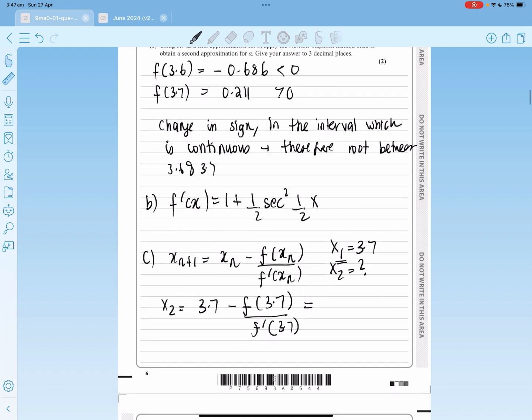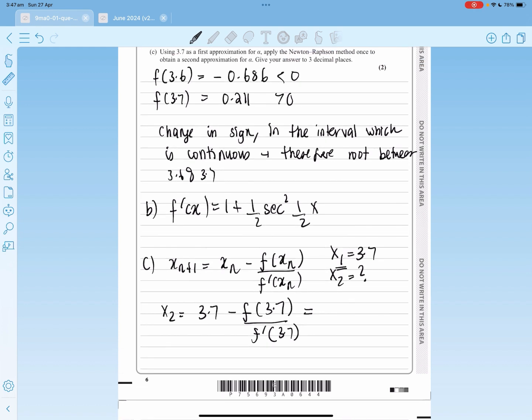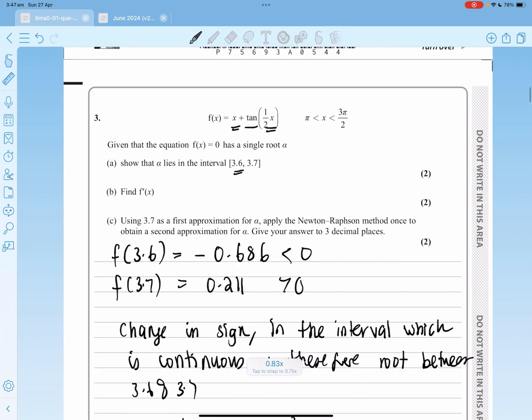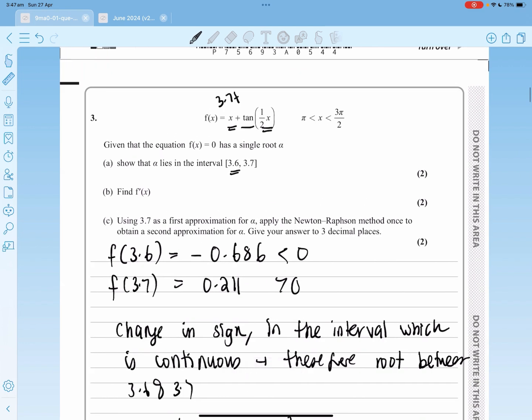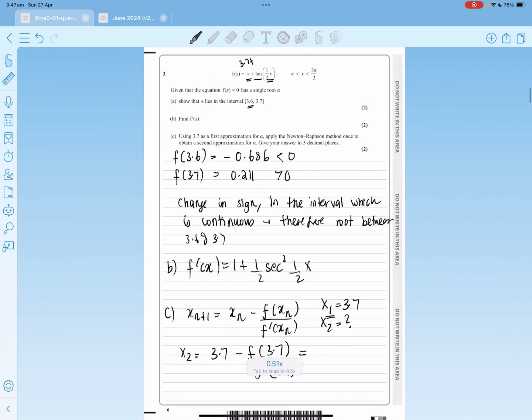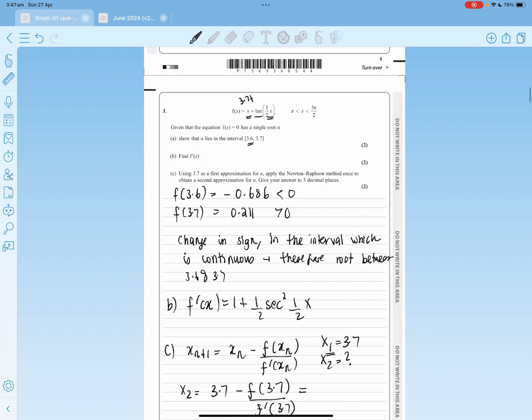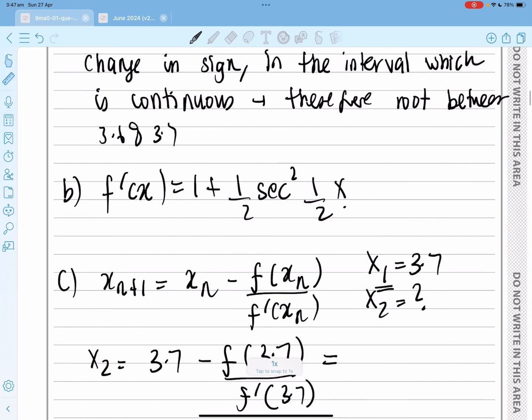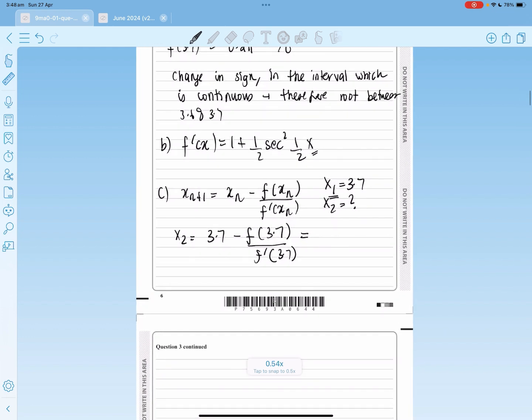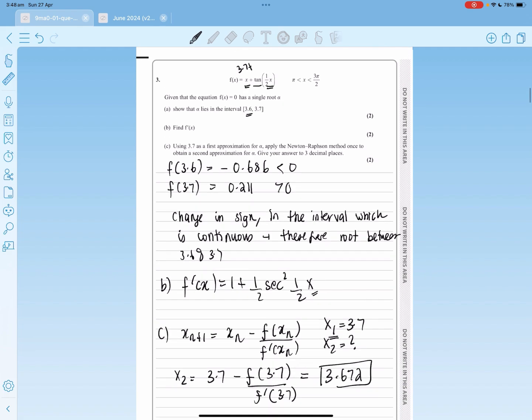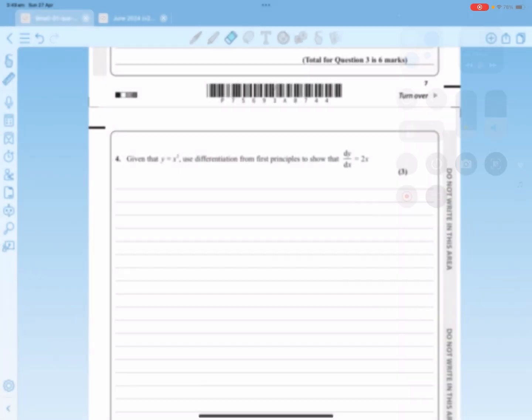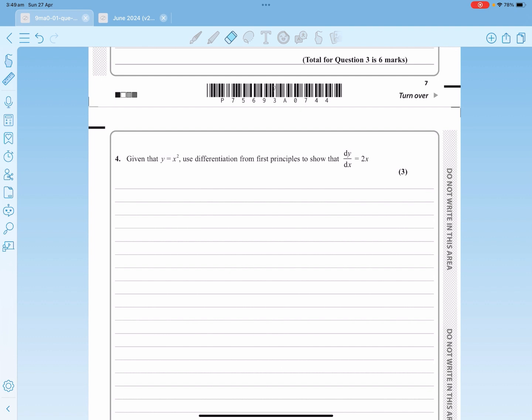So you would plug in 3.7 into that. So you do 3.7 plus tan half 3.7, and then you divide that by plugging in 3.7 over here. And when you put that on your calculator, you should get alpha to be 3.672, and that's question 3. So let's go on. Okay, so for question 4, it says that given that y is equals to x squared,